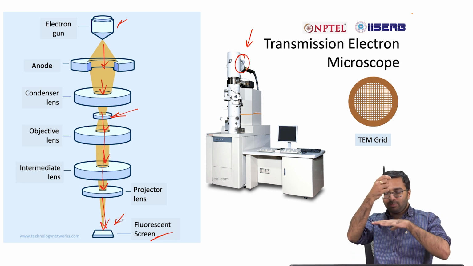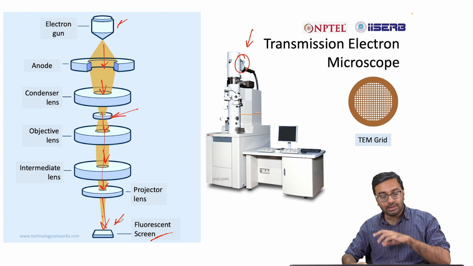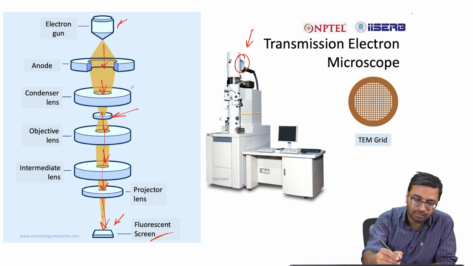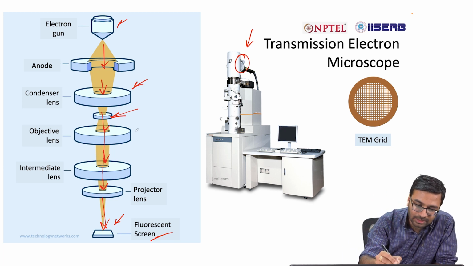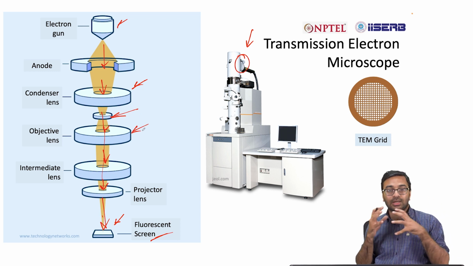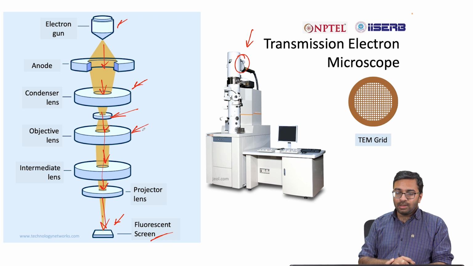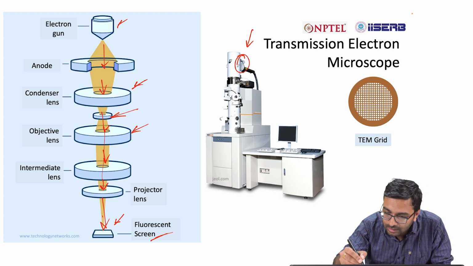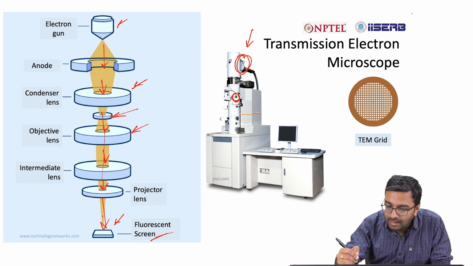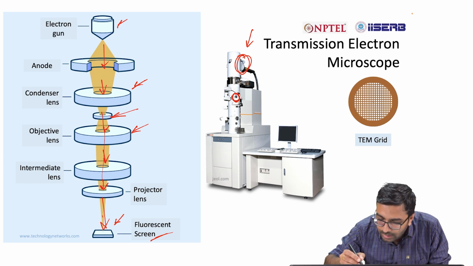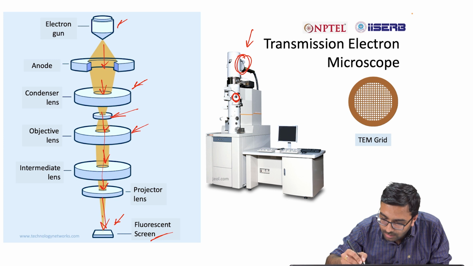If you have a torchlight, put your hand, you'll get the shadow underneath. It's a similar thing, but we use condenser lens and objective lens in order to focus the beam on the right place. Now this is the electron gun. Here is where you put your sample, and then somewhere, this is the side view, somewhere here you'll see there is a